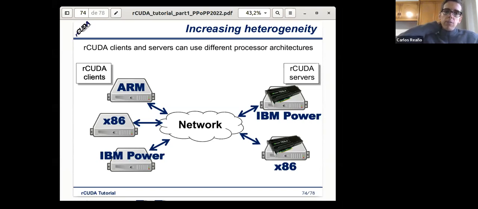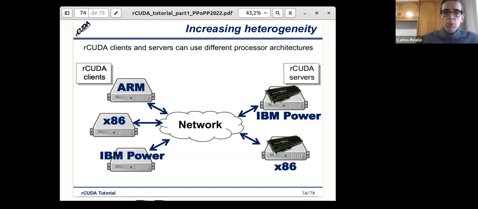Another way of benefiting from remote GPU utilization could be in the case in which we have a very heterogeneous cluster. For instance, we have x86 nodes, ARM nodes, and also IBM Power nodes. From all these nodes, we will be able to use remote GPUs, which could also be hosted in nodes with different architectures, and everything will be transparent to the user thanks to rCUDA.